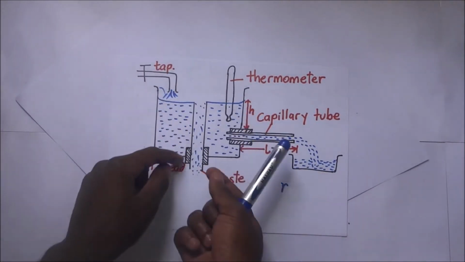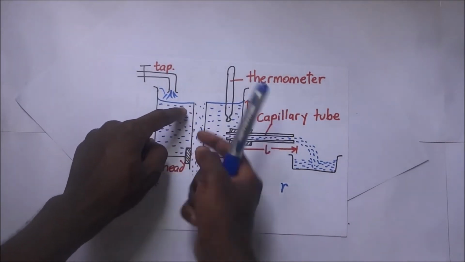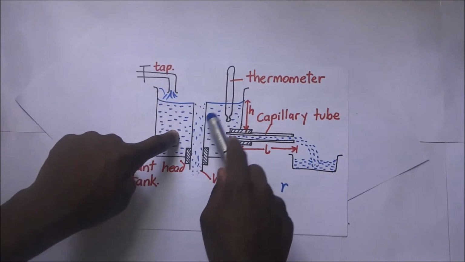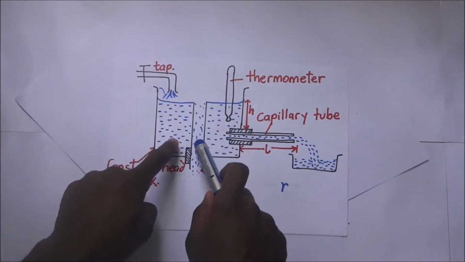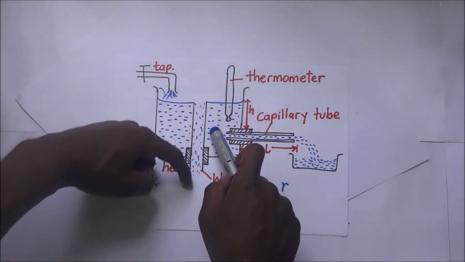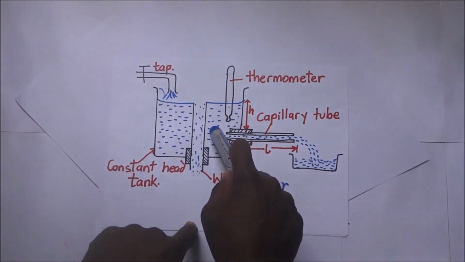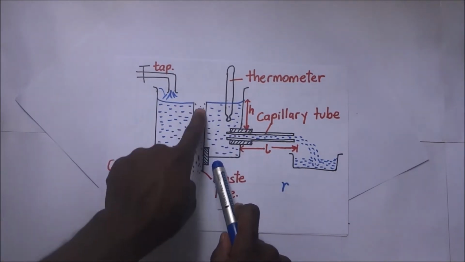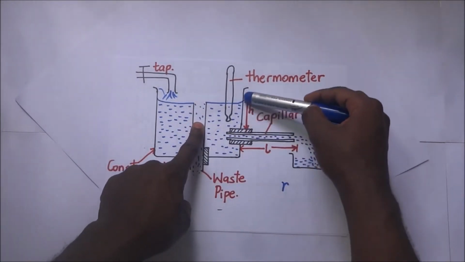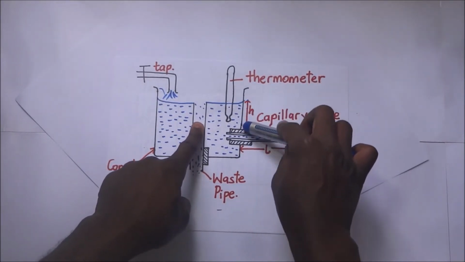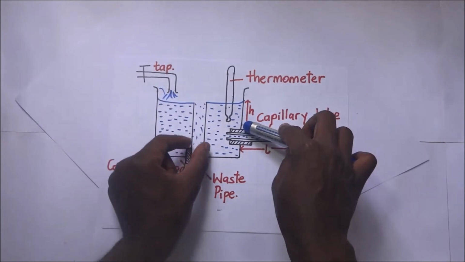Or if you want, you can pull this pipe downwards, and if it comes downwards, it means that this water that is flowing into this constant head tank will have to rise up to the level of that pipe, and then it flows back out of the pipe. Now the use of this waste pipe is to regulate the height of the water here. So we can regulate this value of H, the height of the water, by pulling the pipe